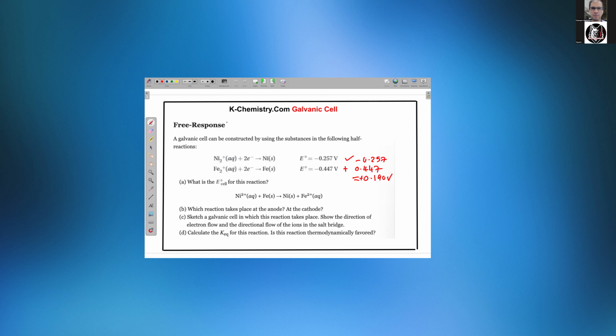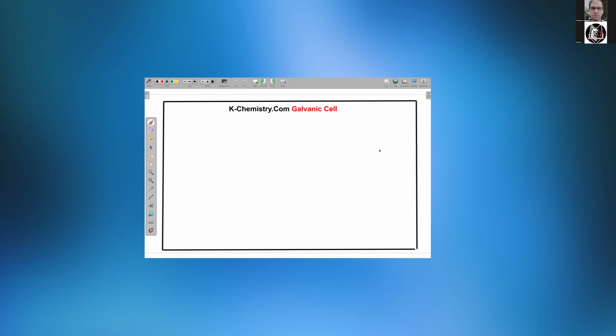What is the E° cell for this reaction? We got it. Which reaction takes place at the anode and the cathode? Of course, this one is reversed, so the anode is the oxidation for sure, right? Correct? The iron. And the cathode is the nickel, which is the reduction. Sketch a galvanic cell in which this reaction takes place. Very important to know how to draw the galvanic cell. So we need to draw the